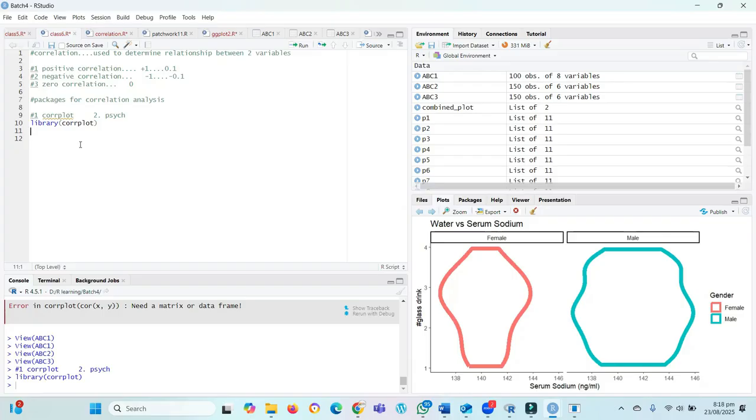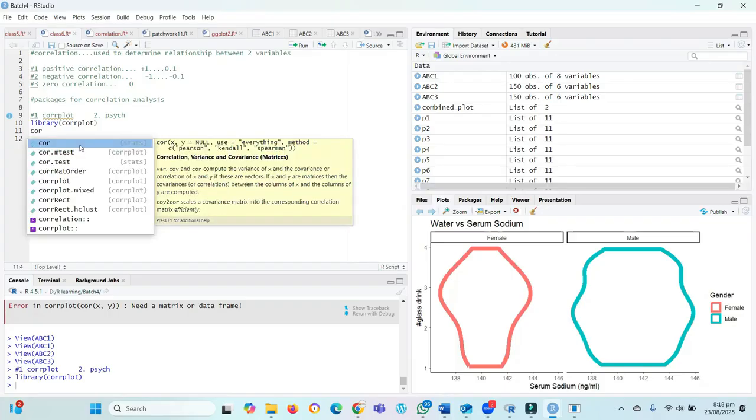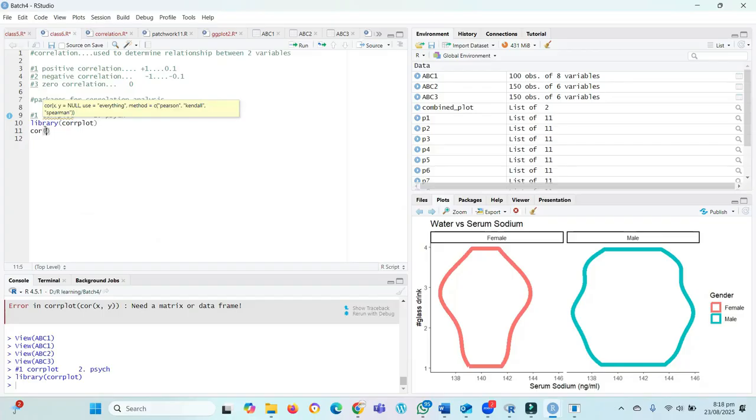So let's first determine the correlation value. For that, we use the function called cor, of the corrplot package. So we write cor, and then we enter the name of the data file for which we are interested in determining the